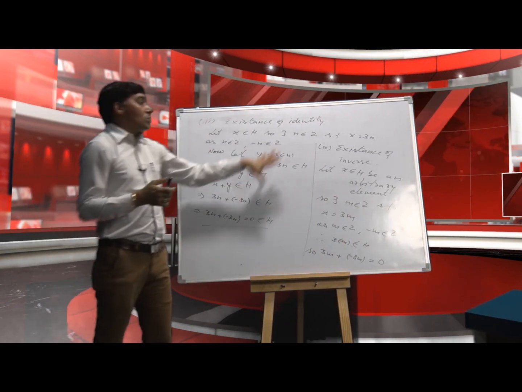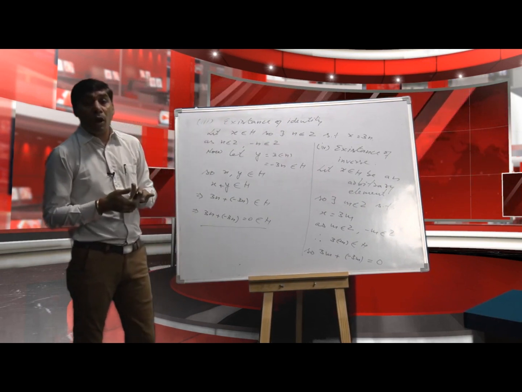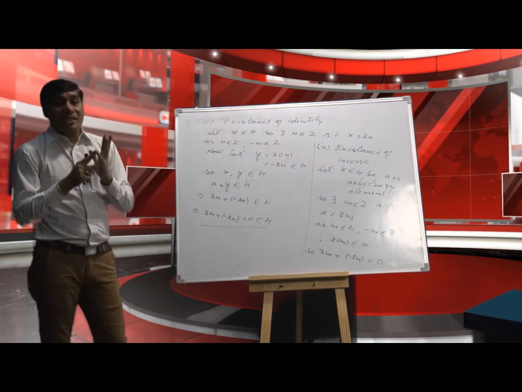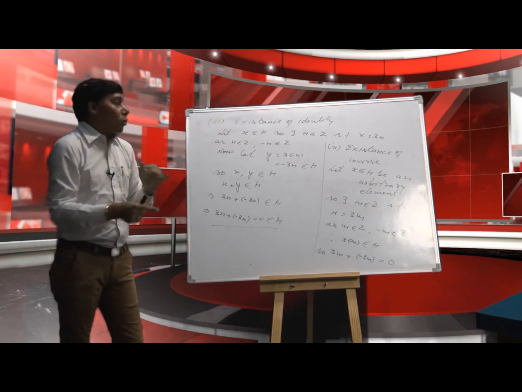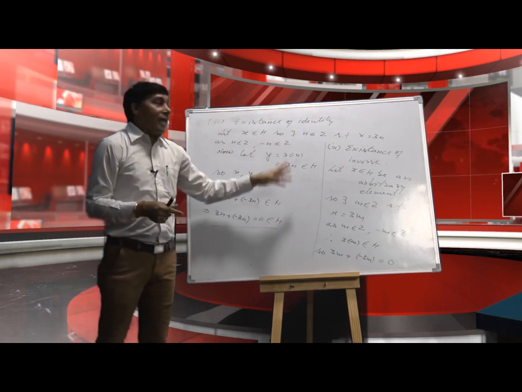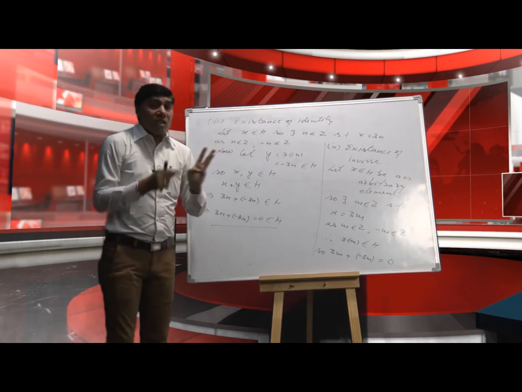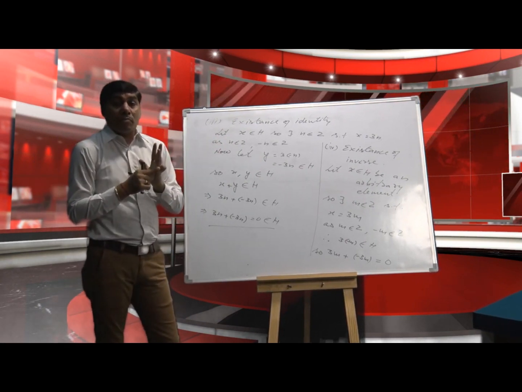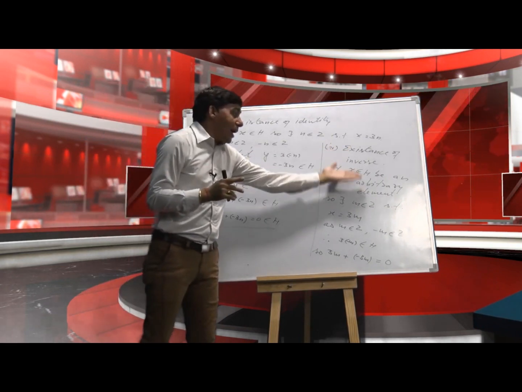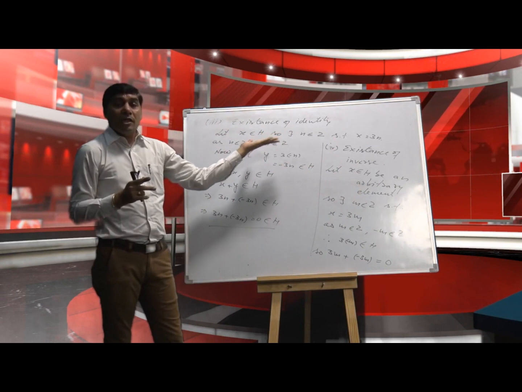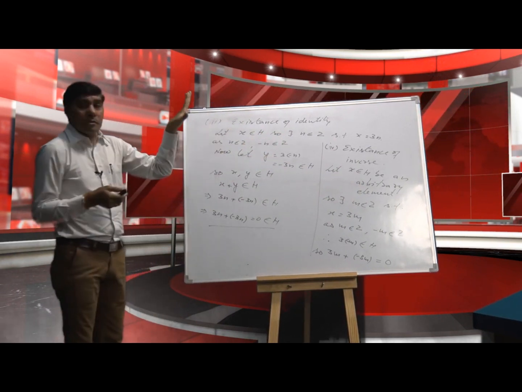So H becomes a subgroup of Z. That means first, H is a complex of Z. Second, H satisfies all the four properties of the group with the binary operation defined on Z. The binary operation of H and the binary operation of Z must be the same. So H becomes a group with the binary operation defined on Z itself. Then H is called a subgroup of Z.